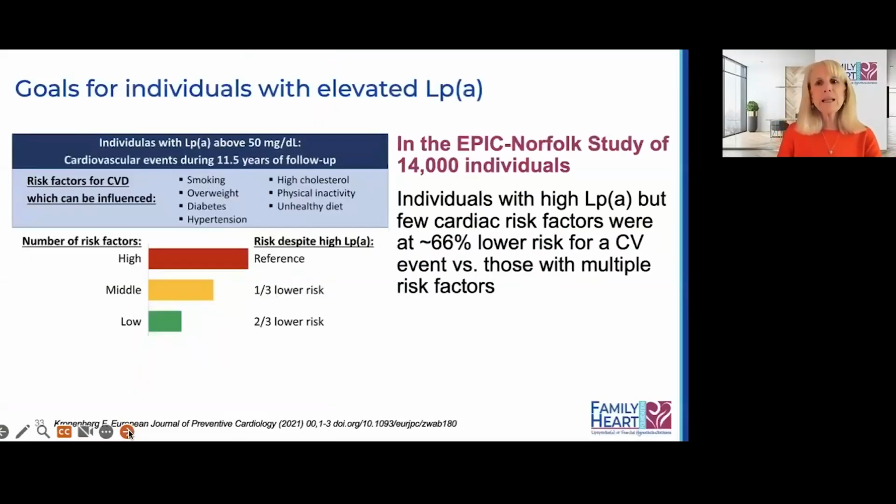So lipoprotein(a), as you know, is a genetic lipoprotein. Your level is determined by the level of each of your parents because they each give you a gene for Lp(a). And Lp(a) is a very strong genetic risk factor for cardiac disease. Unfortunately, at this moment in time, other than something called lipoprotein apheresis, we don't really have any agents approved to lower lipoprotein(a). And so some people, even some physicians, say, why would you measure lipoprotein(a) if you can't do